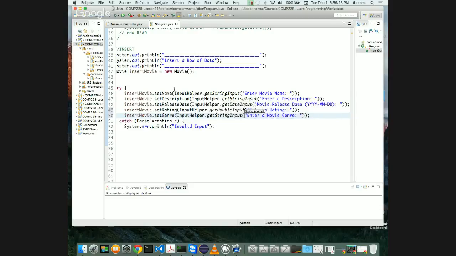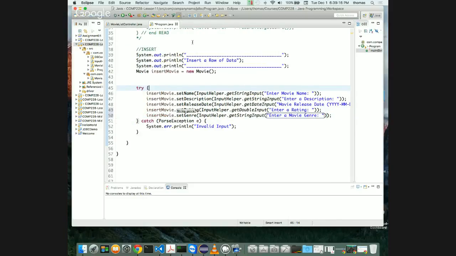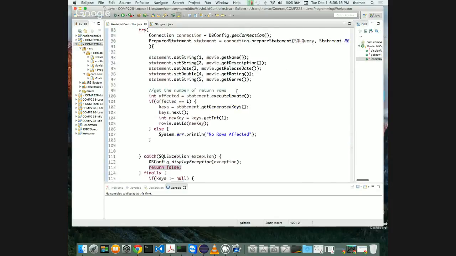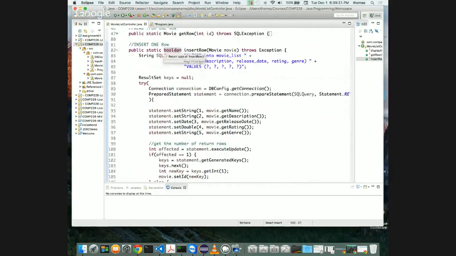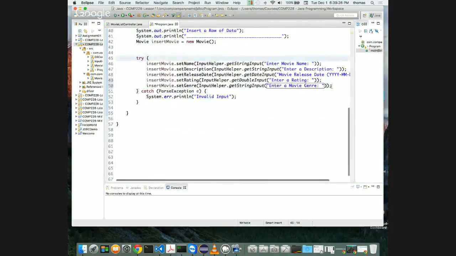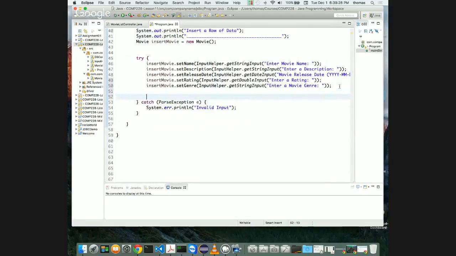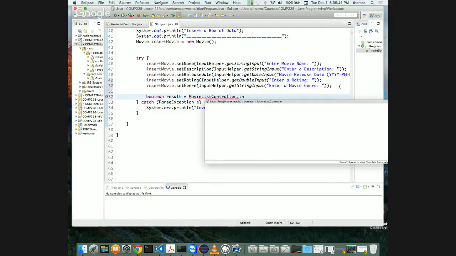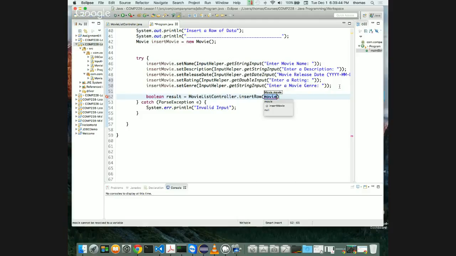Now what we want to do, right, is we know that going back to our movie list controller, our movie list controller here returns Boolean, right? So because it returns a Boolean, we have to make a Boolean to catch it, right? So we're going to have to receive the Boolean here. So we're going to say Boolean result, as an example, is equal to movie list controller dot insert row, and we're going to pass in there our insert movie, right? Because that's the one we've been building this whole time, this one,